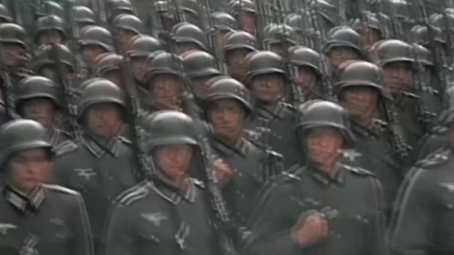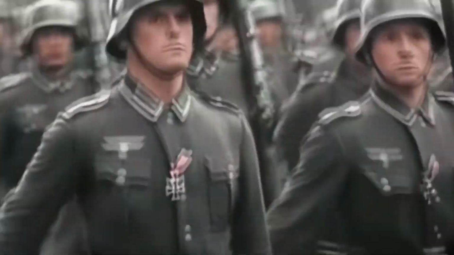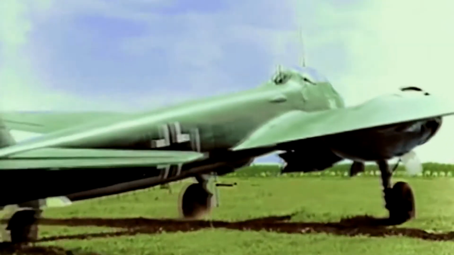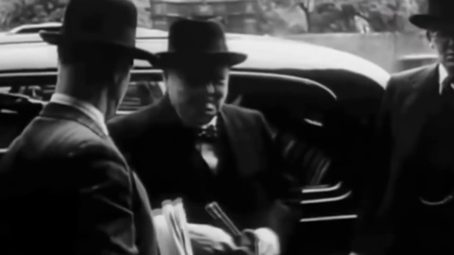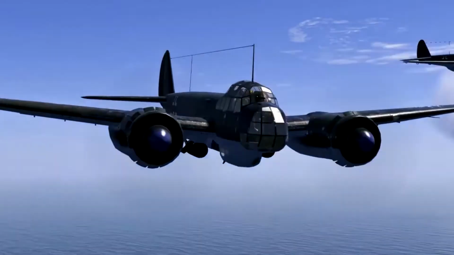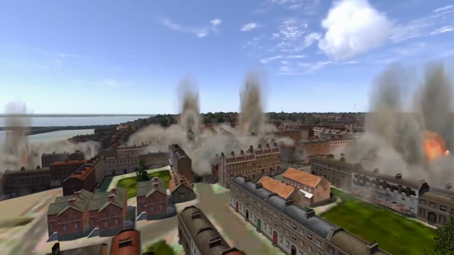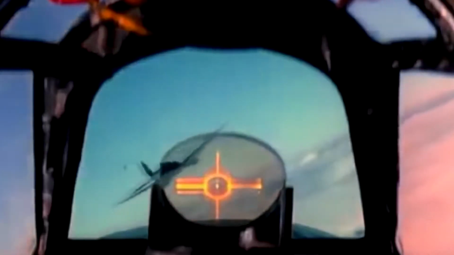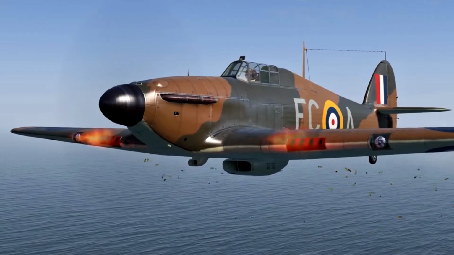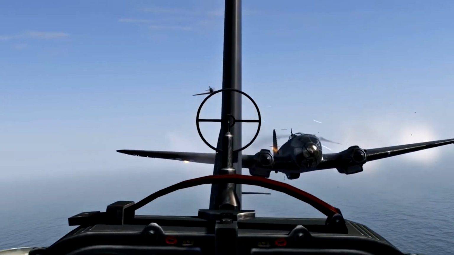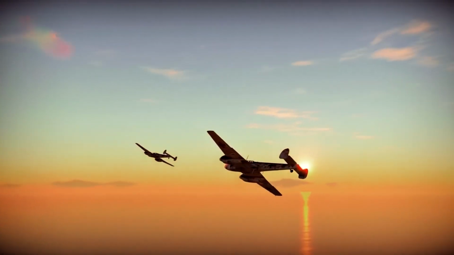But then Germany started having problems. The battle for Britain began. On the night of August 25, 1940, German bombers mistakenly dropped their bombs on London. Winston Churchill suggested that this was a deliberate attack on the civilian population and ordered a retaliatory strike against Berlin. British bombers were ordered to hit commercial and industrial targets, but they also missed and dropped their bombs on civilian targets, after which Hitler ordered the deliberate bombing of civilian targets in London.